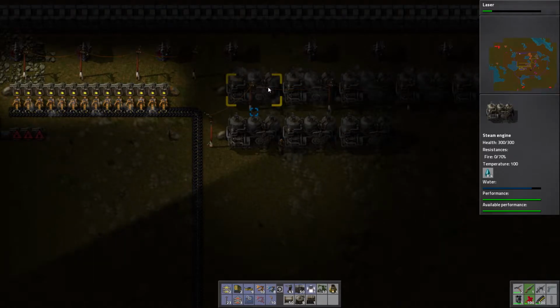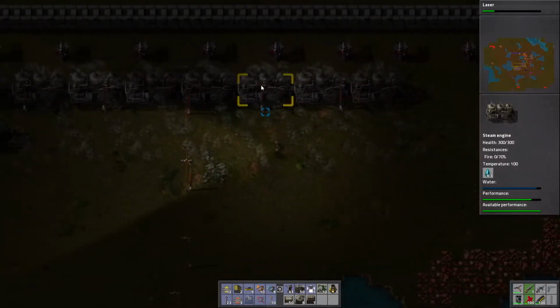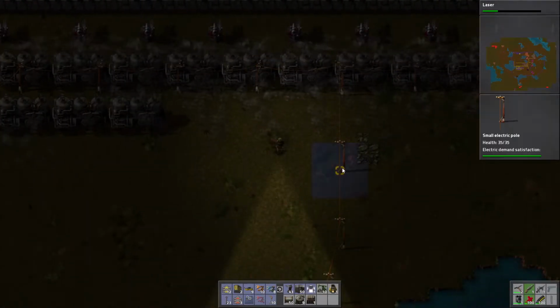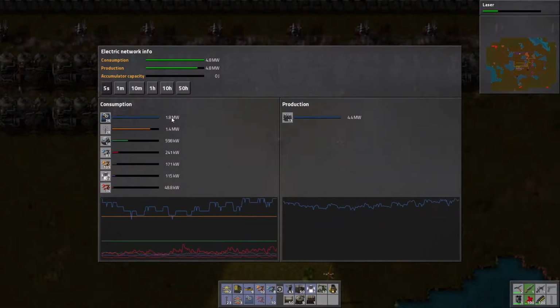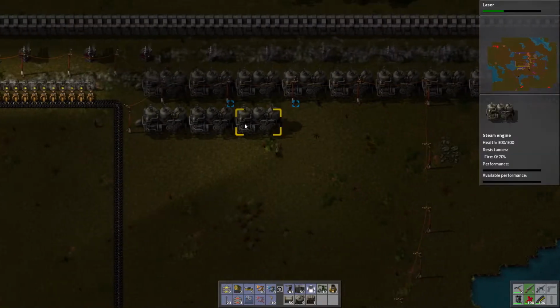So we shouldn't be maxing out these, really. What's the temperature in all of them? Max. So yeah, we might be maxing them out, actually. What's all the power going to? The 36 assembling machines. Yeah, we might need to...